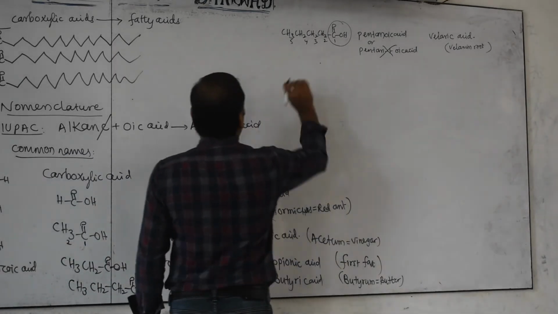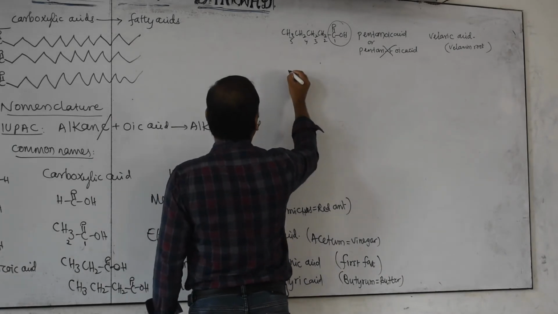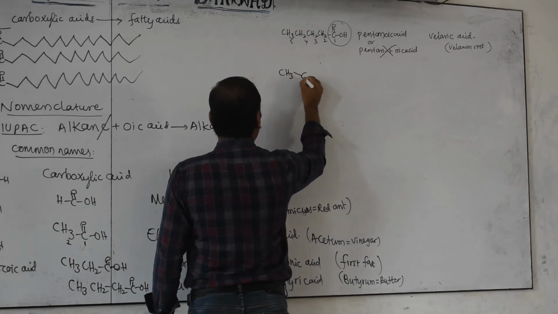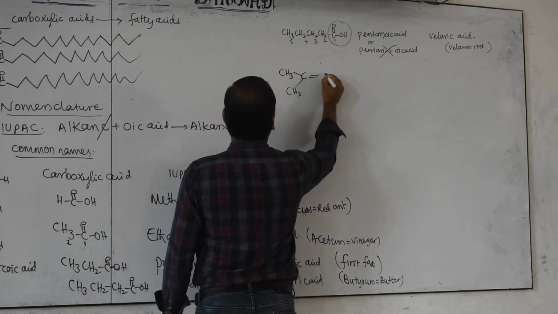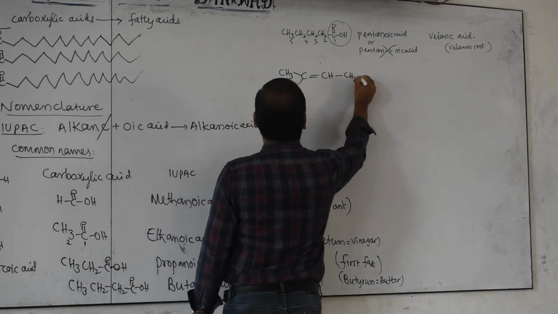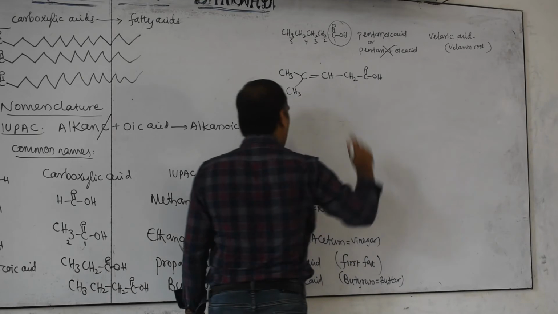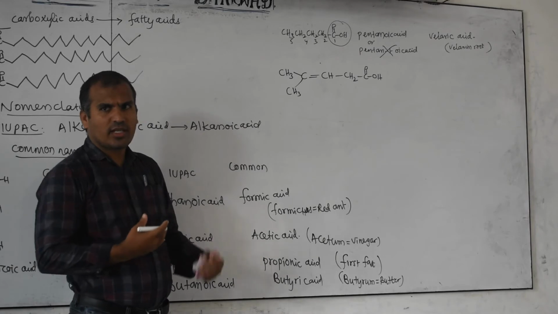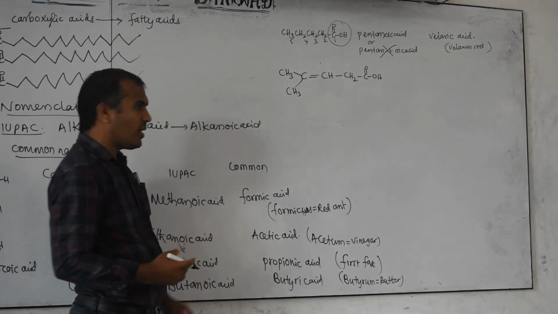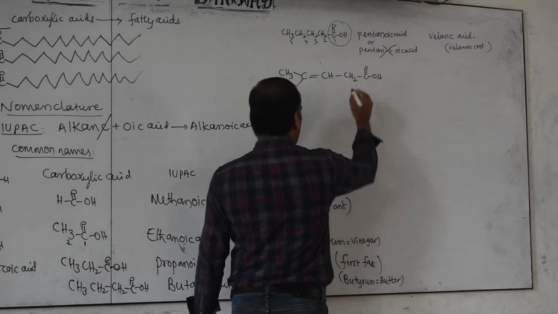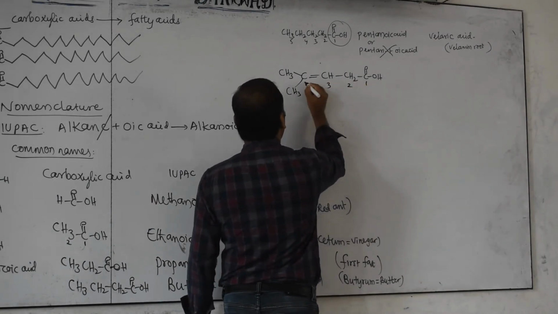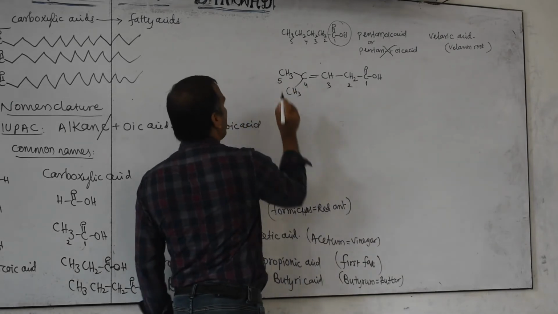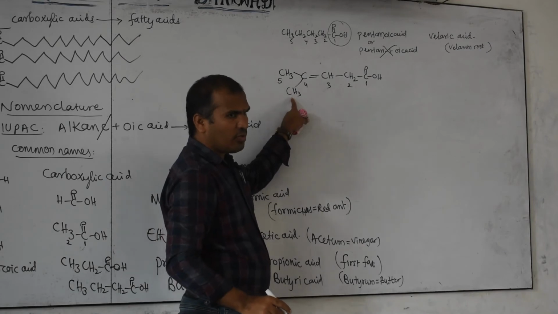Next, consider one more example with a double bond, CH3, CH3, double bond CH, CH2, C double bond OH. Any compound like this may be given. You may observe in your in-text questions or solved exams that such questions are there. So that also I am discussing here. Okay. According to our rule, the acid carbon always carries first number, then 2, 3, 4. You can get 5 here or 5 here. Anyone is the same. I want 5 here. Then at the fourth position, what is there? A methyl group is there.